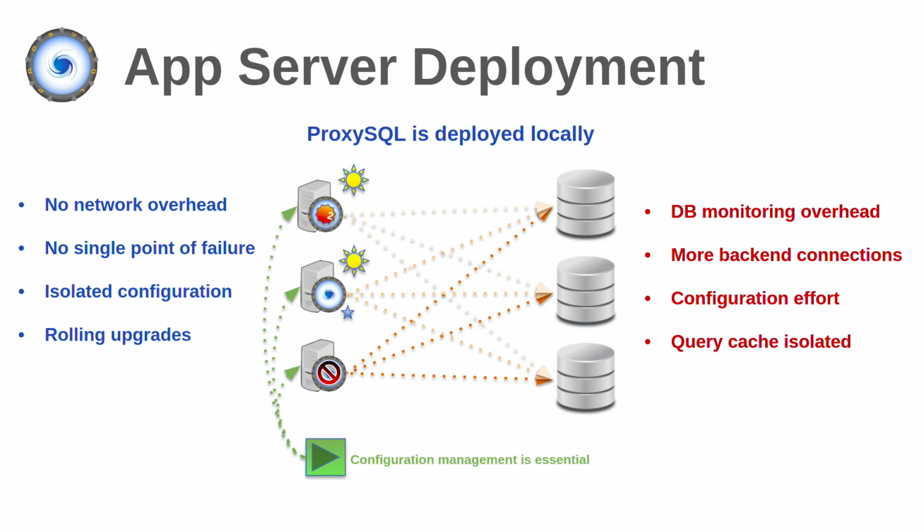There is no network involved. There is no single point of failure. So, if you have the application and the proxy locally, they're communicating on a local instance. If one of them dies, you basically have the whole pair that is gone, unavailable. So no matter if it is one application that goes away or ProxySQL that goes away, they fail together, but the rest of the infrastructure keeps working.